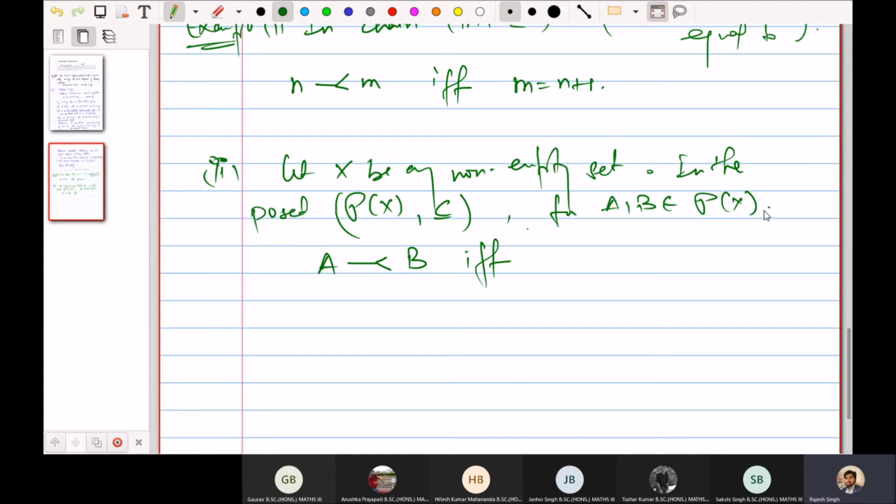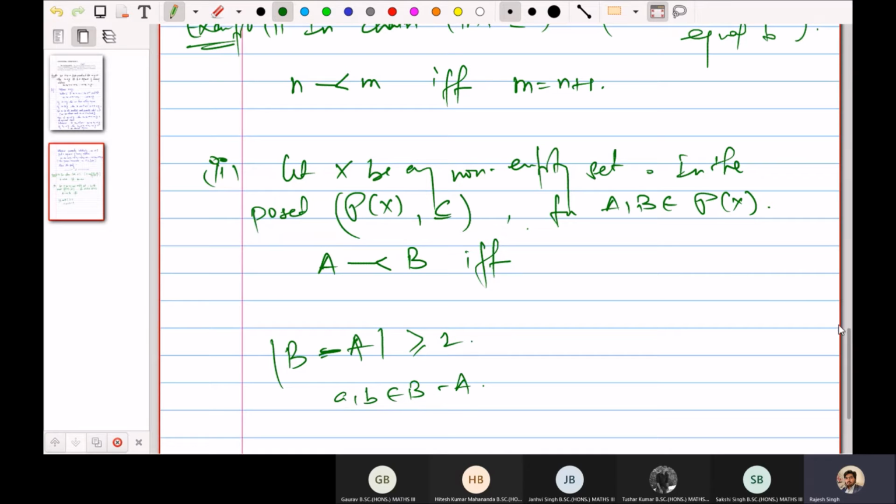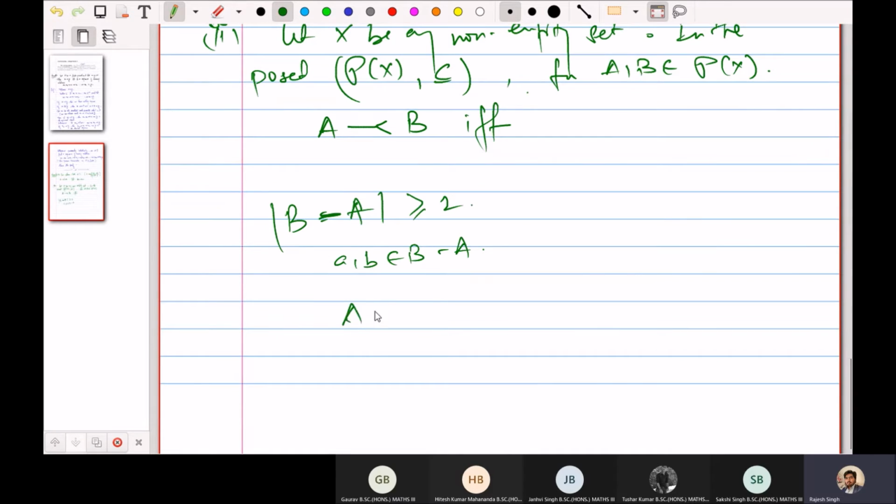One more than A. एक ही ज्यादा हो सकता है। अगर दो कर दिया तो, जैसे अगर B के अंदर A से दो ज्यादा है, if cardinality of B minus A is greater than or equal to 2, so there exist two elements a, b belonging to B minus A. So अब क्या होगा, you can make, so A is properly related to A union {a}, and this is properly related to A union {a}, या B कर दो बस बीच में, so B, ठीक है। So this implies B does not cover